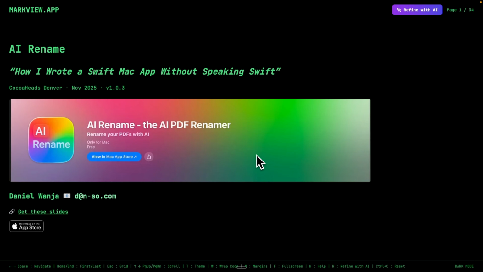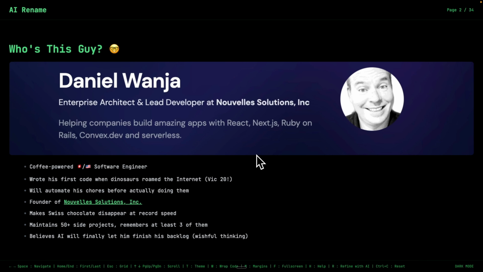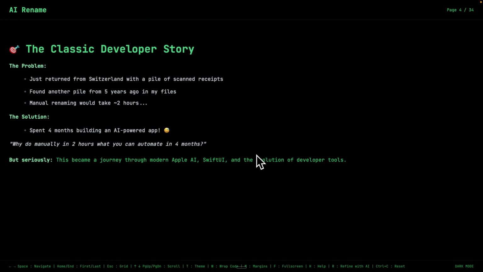And my wife had a problem, like she likes to rename her files, and so I wrote an app to rename PDF files. That's how it all started. I'm mostly doing React. I did a lot of Ruby on Rails. I'm from Switzerland, came over 20 years ago. I have 3 children made in USA, and I like to code. I've been working on this for many months.